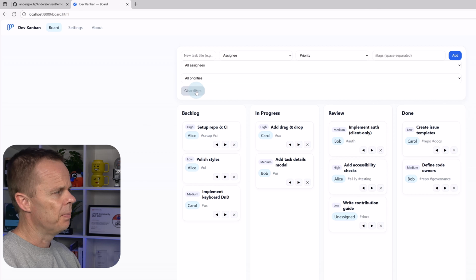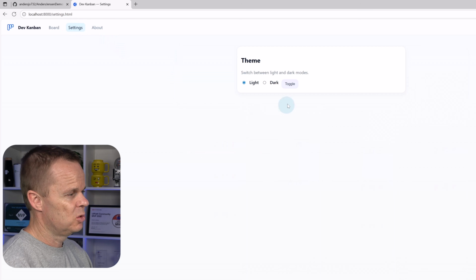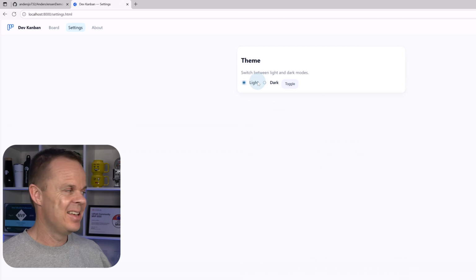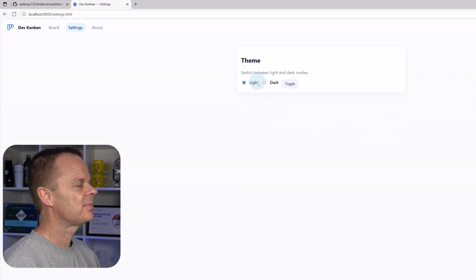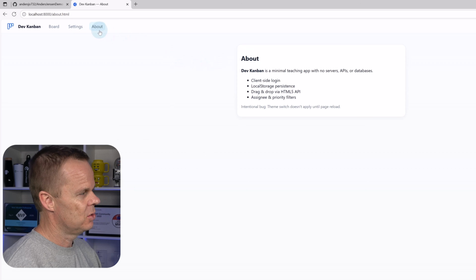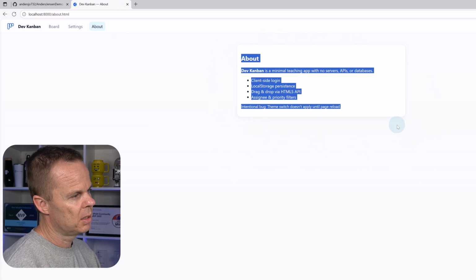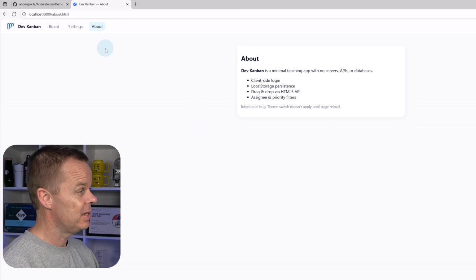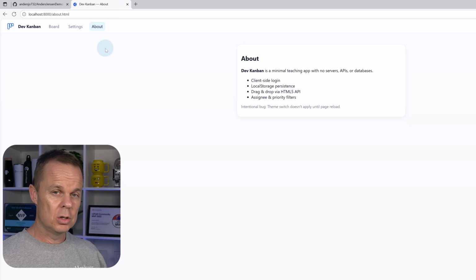Let's clear the filter. Then we have a settings page where we can switch between light and dark mode. But as you can see, it does not work. That's a shame. I can also go to About, and here we have a little bit of a bug, so we need to improve that. Let's go through everything with Codex, but first, before we start working with Codex, we must add this code base